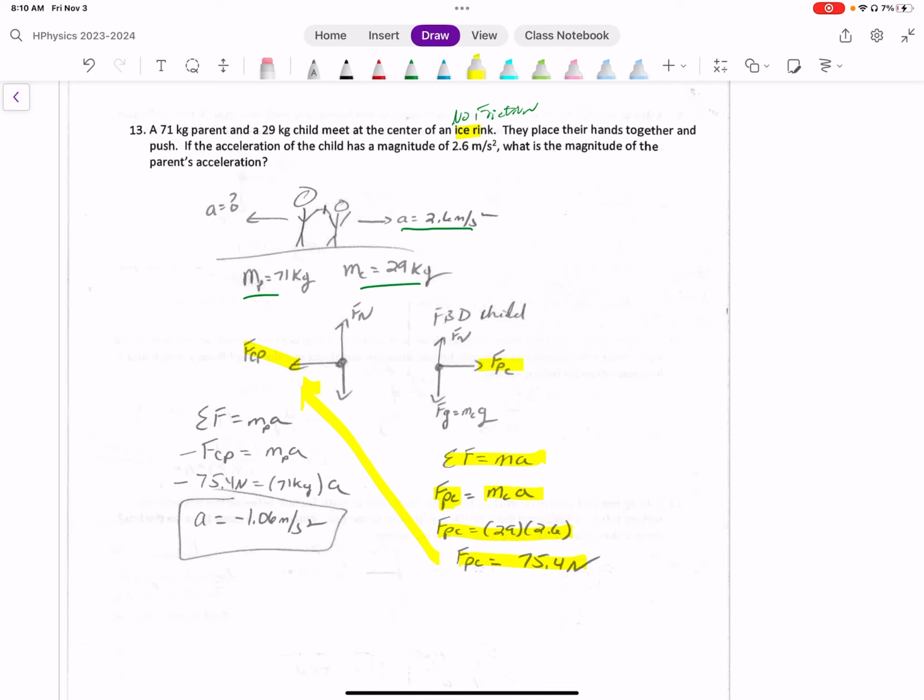Now I can solve for the acceleration of the parent. So I sum the forces on the parent. I only have one. It's in the negative direction. I know the mass of the parent, and I'm looking for the acceleration. I can then take this equation, plug in values, rearrange for acceleration, and I will find the acceleration of the parent to be negative 1.06 meters per second squared. And it makes sense that the acceleration is negative because the parent is accelerating